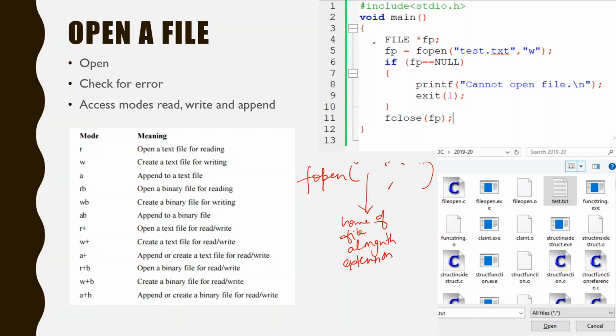Here you can see that a file type pointer has been created, which is pointer fp. This FILE structure is defined in stdio.h, so you do not need to declare a new structure for the file. This fp pointer is created of the FILE type. Now to open a file, we have various modes. In this place we write the various modes, and every mode will be written in double quotes.